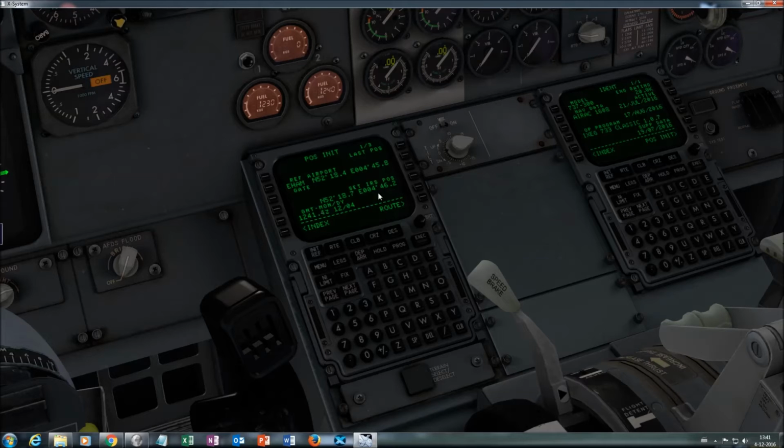You can see that although it's quite close to the general airport coordinate, it is definitely not the same, because 18.4, 18.7 and 45.8 versus 46.2. Once the plane is aligned, it knows that it is on this location, so we are probably going to have a very good navigation. If you mess up this phase